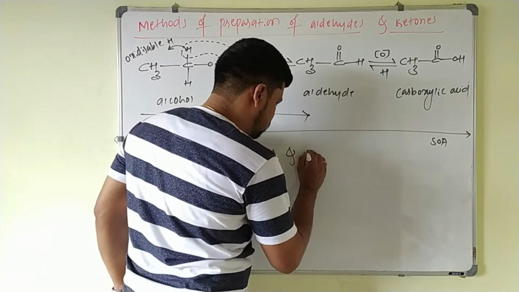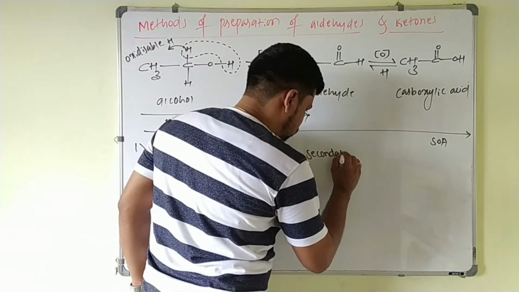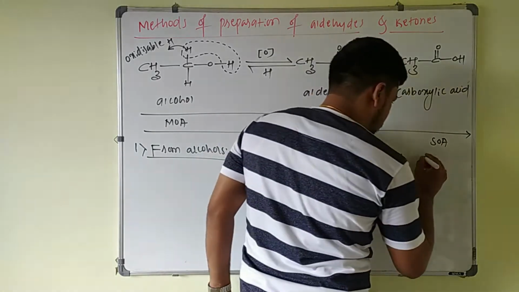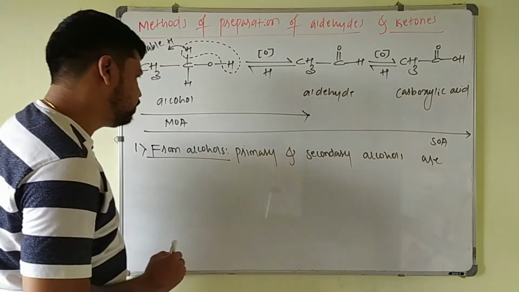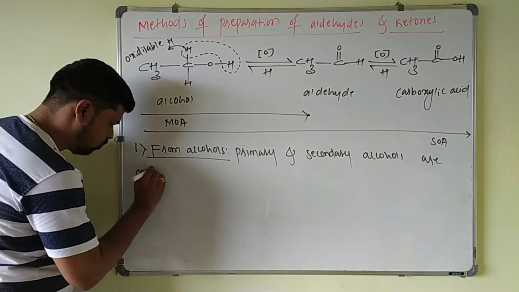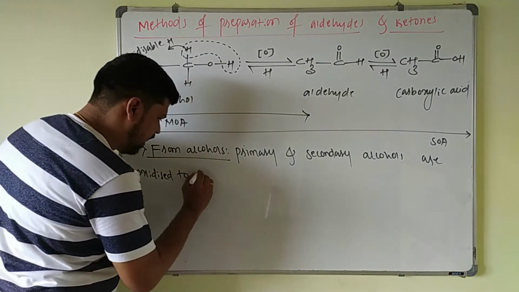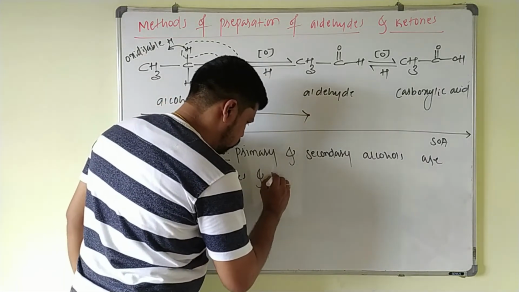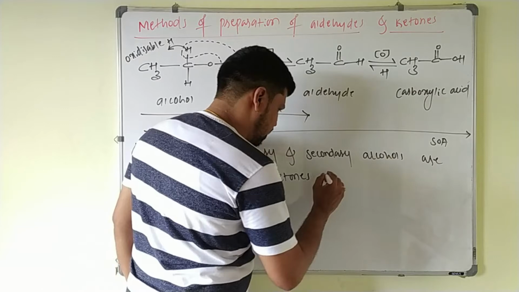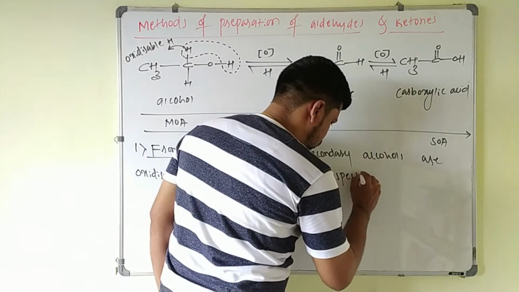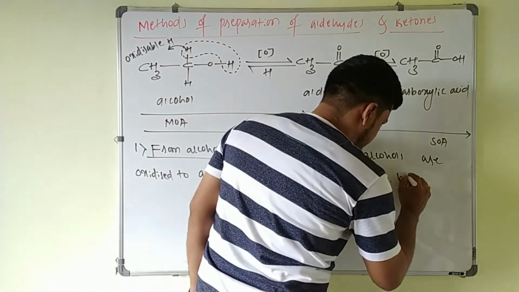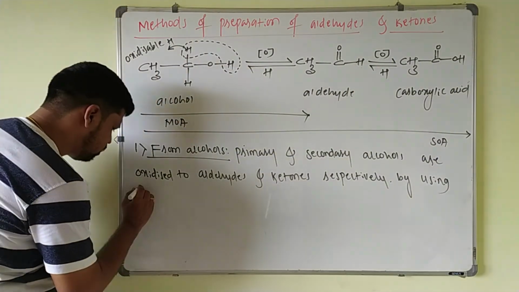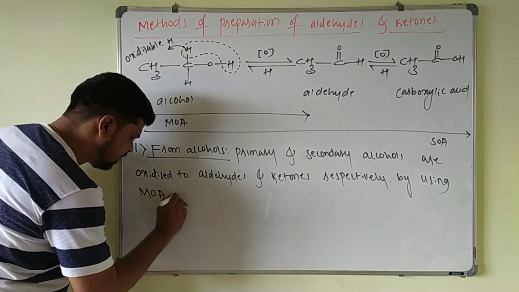Primary and secondary alcohols are oxidized to aldehydes and ketones respectively by using mild oxidizing agents like